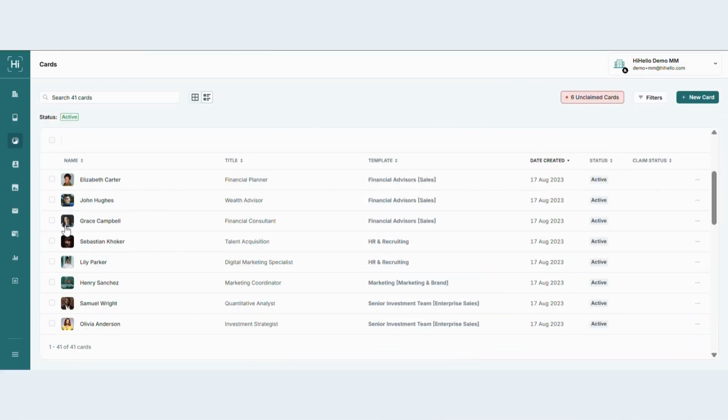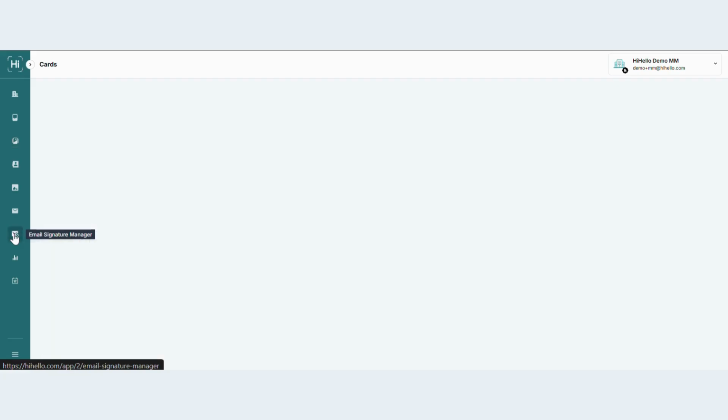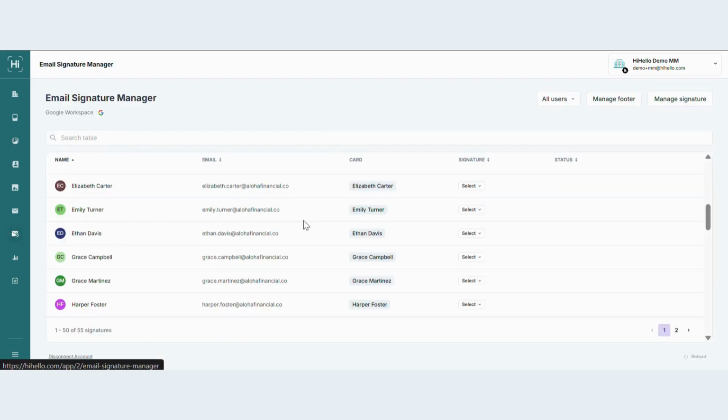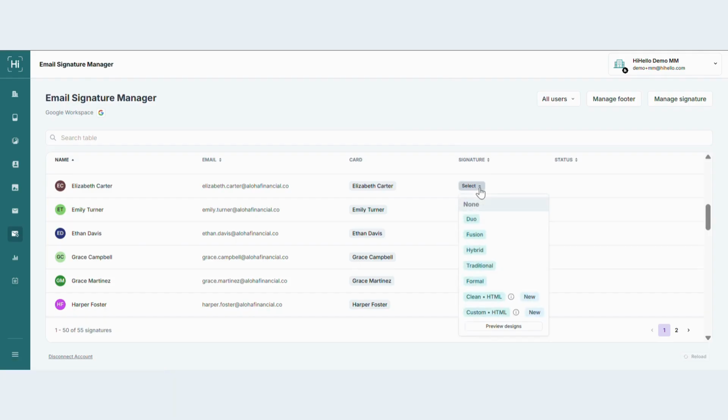To create custom email signatures for your team, start by going to your Email Signature Manager in HiHello. Next, click the Signature drop-down to choose a design for an individual user. You can also click Preview Designs if you would like to see what all of the designs look like before